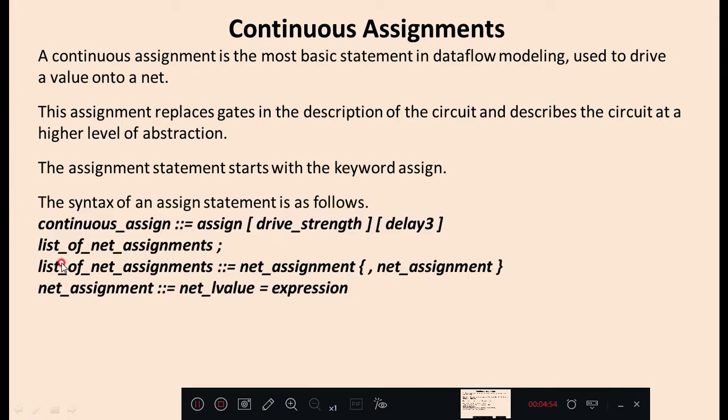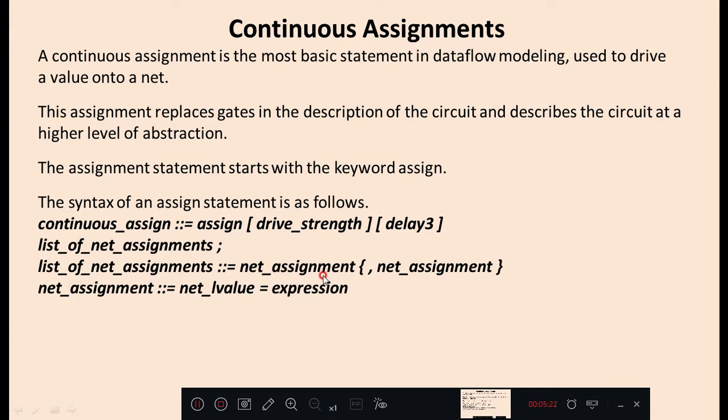If you observe the syntax part of an assign statement, the syntax of a continuous assign statement is as follows: assign, then drive strength and delay, then list of net assignments. Here a colon equal is written, then net assignment.